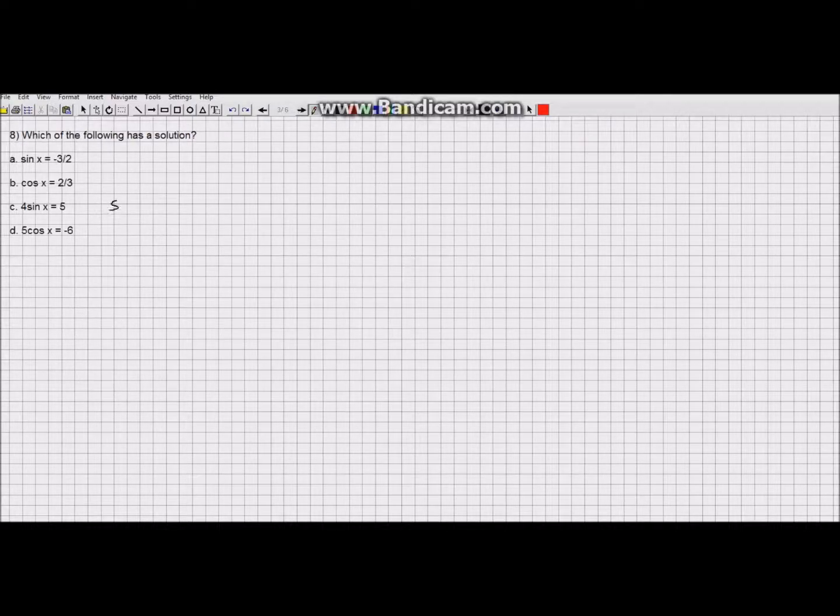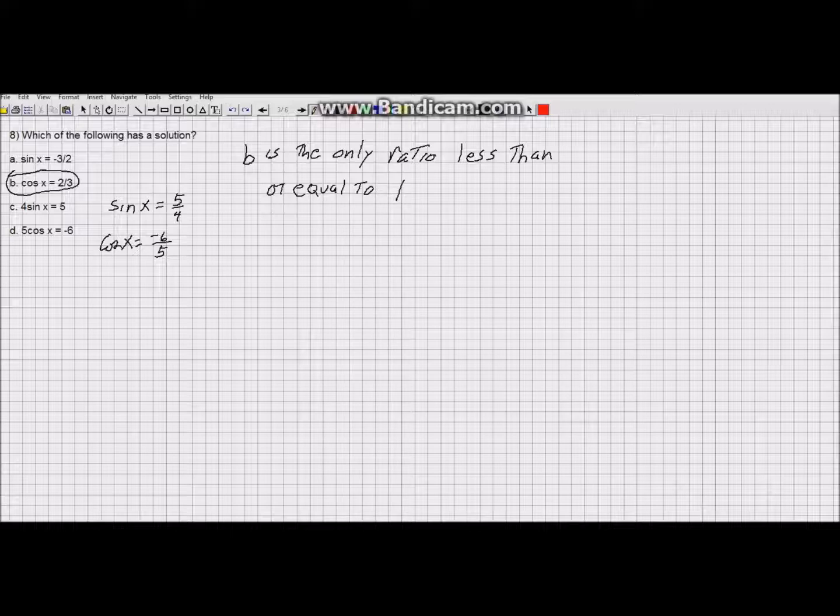In question 8, I'm trying to find which of the 4 equations has a solution. One of the things to remember is that the trig ratios, sine and cosine, always have to have a value of 1 or less, or in other words, in the fraction, the denominator, which represents the hypotenuse, always has to be the bigger number. In looking at my 4 answers, answer B has a denominator of 3 and a numerator of 2, and it's the only fraction that is less than 1 and whose denominator